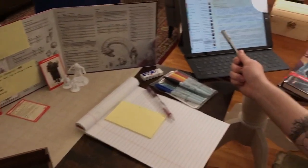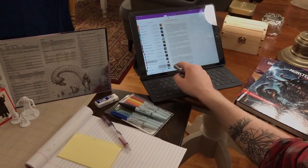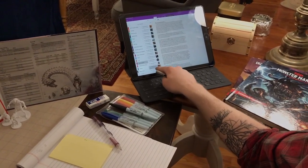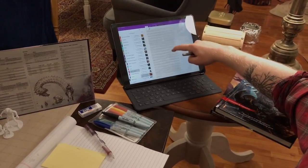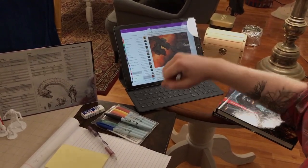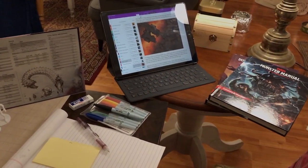I'm a fanatic for OneNote on the iPad. It allows me to very quickly call up any kind of information I might need and organize and categorize it all in a very satisfying, very natural way. Embedding pictures in it is super simple, and so you can throw in a battle map and actually just call it up. And of course, as the DM, you need your reference materials,